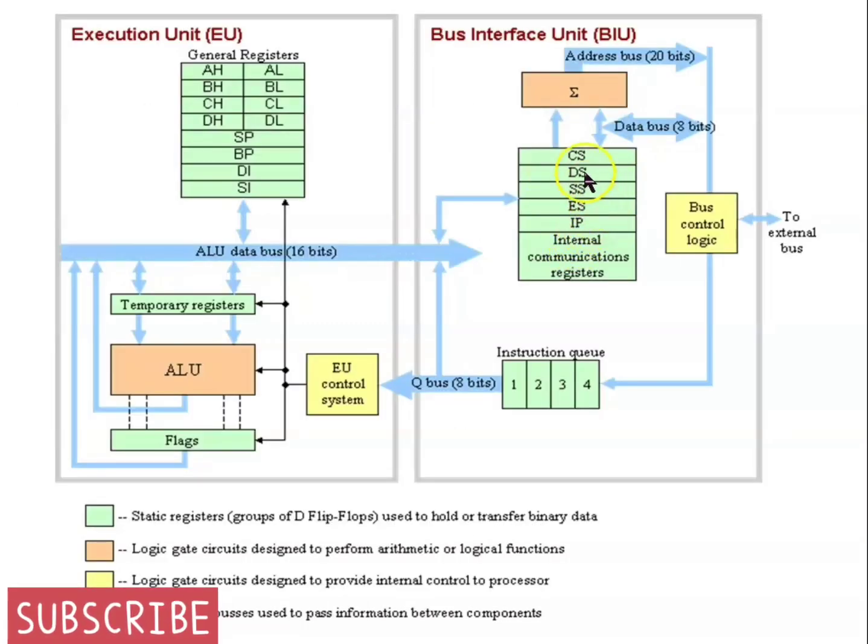Instruction pointer. It can be found below the group of registers. It's just like pointer and index registers in execution unit. The only difference is the instruction pointer points to the next instruction to execute from the memory. Segment registers. In the center of the BIU, there is a set of registers labeled as CS, DS, SS, ES. These 4 registers are segment registers. These registers are used in conjunction with pointer and index registers to store and retrieve items from memory space.